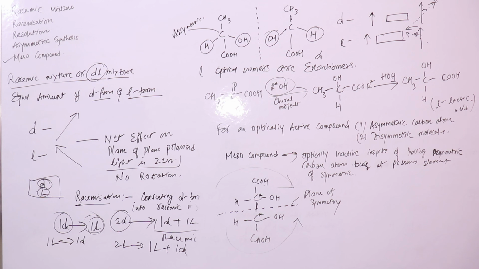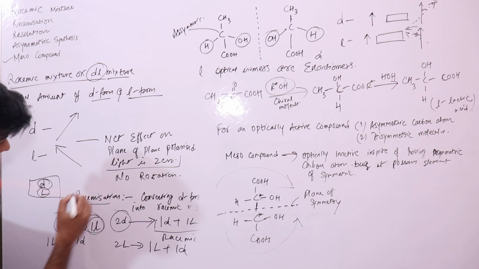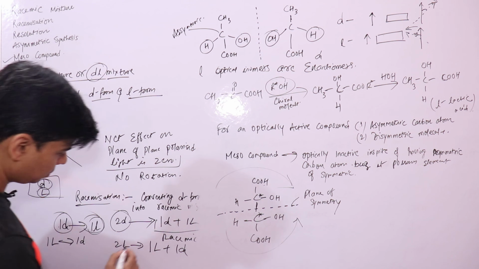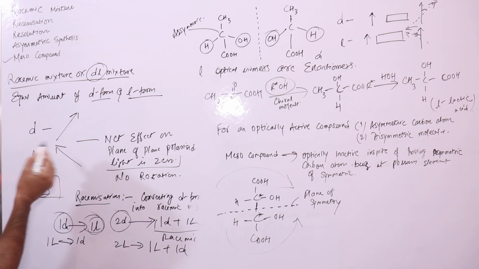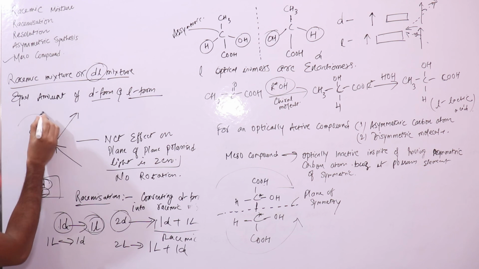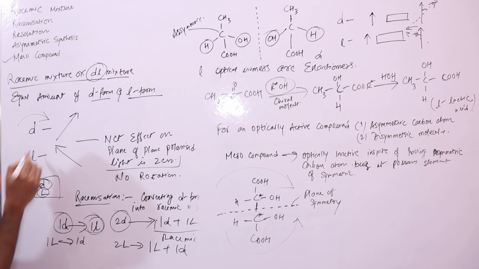The similar thing we saw in the racemic mixture, where the D form will rotate the light towards the right and the other form will rotate